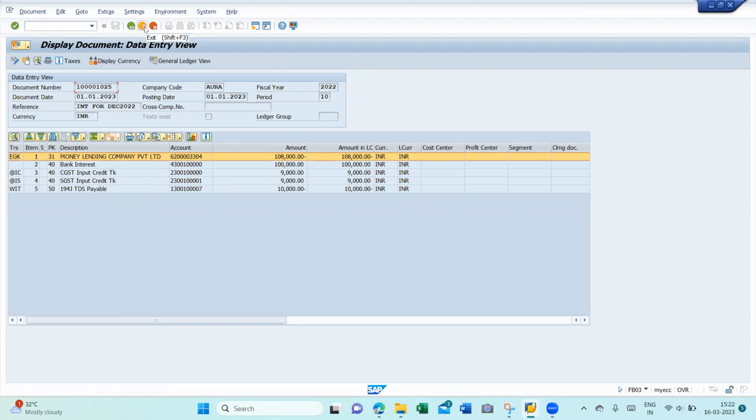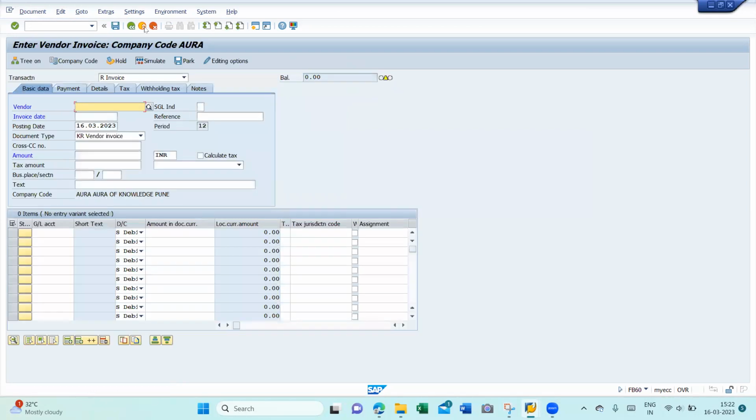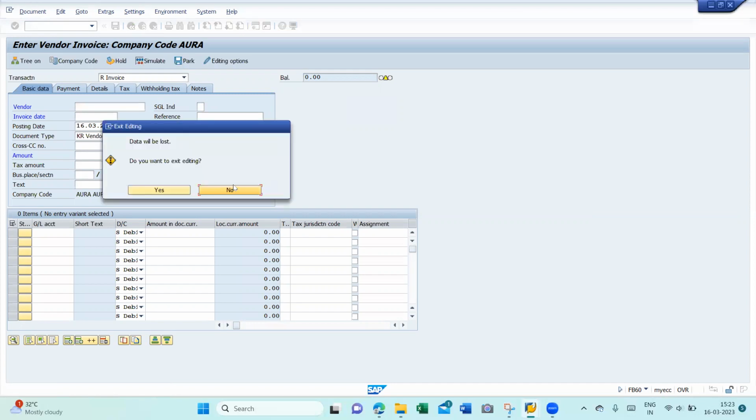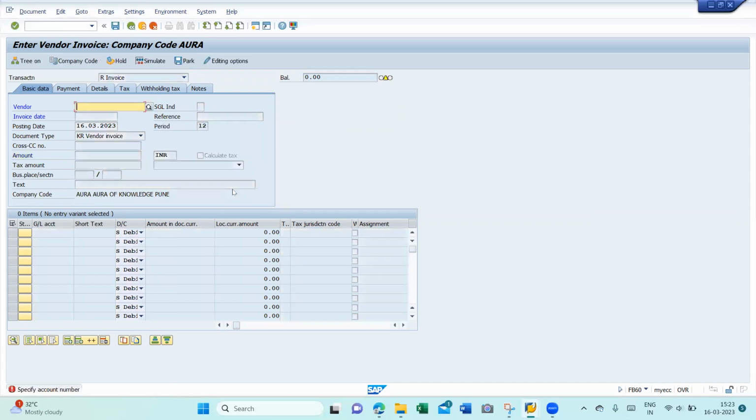Now, same way, suppose I'm making an advance payment and I am taking TDS. Okay, I will not come to payments. Let me first complete another scenario where, see, in this case now 1 lakh TDS is being calculated. Okay, suppose you have already made some advance payment and you have deducted TDS. Okay, in that case,